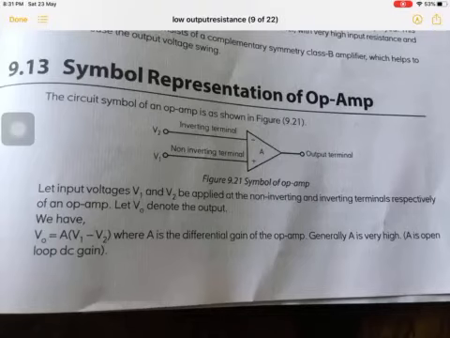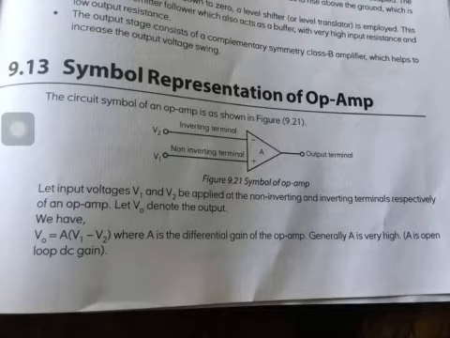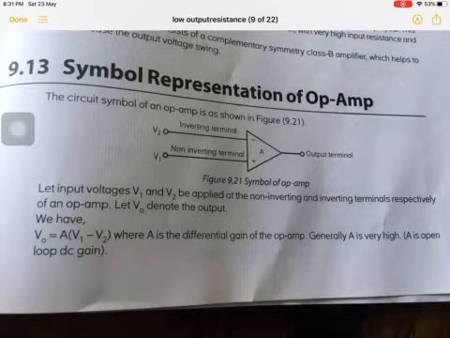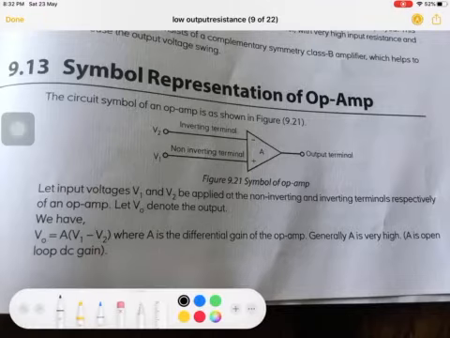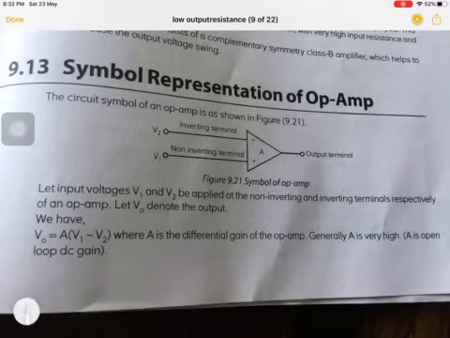Hello everybody. In the last class we discussed the different introductory parts of the op-amp: the intermediate circuit, differential amplifier, and level shifter. Now we will go into the symbolic representation of the op-amp. This is the op-amp. It is effectively a three-terminal device, but it also has many input and output pins that we will see when we go to the IC diagram.